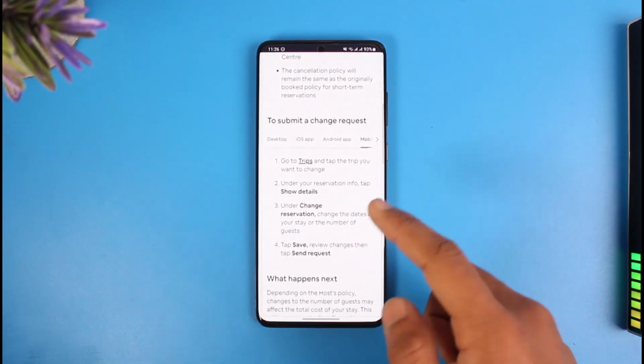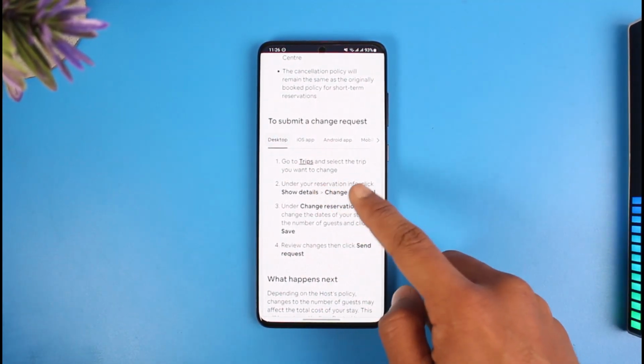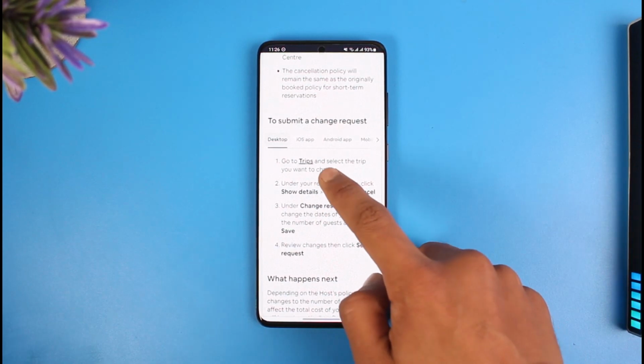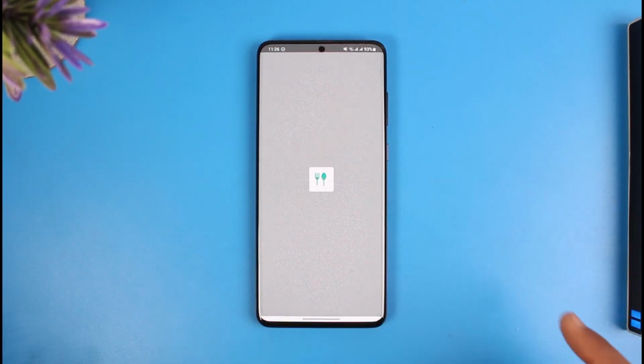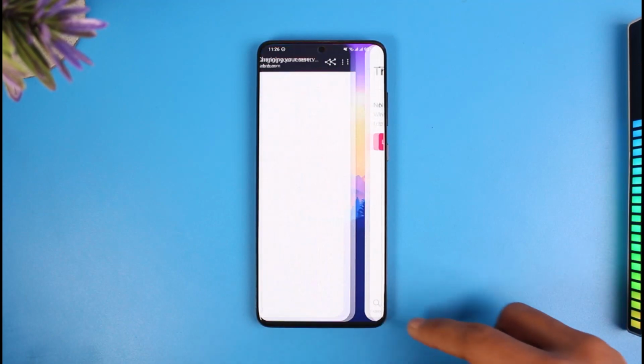And to submit the change request, what do you need to do? So if you're on desktop, first of all, you can go to trips and select the trip that you want to change. So you can just tap on this trips option over here, and then when you go to trips, you should be able to go ahead and simply sign into your account and select the trip that you actually